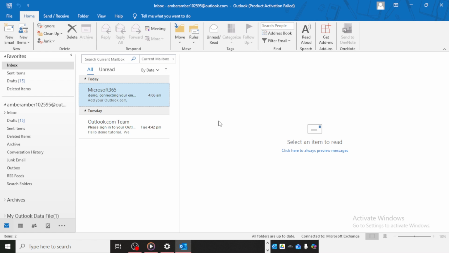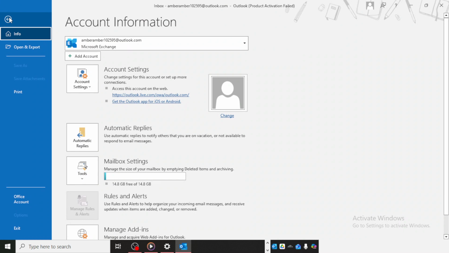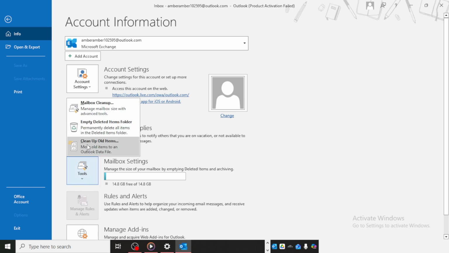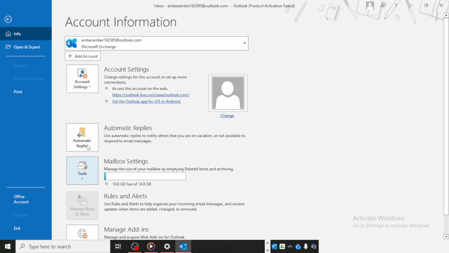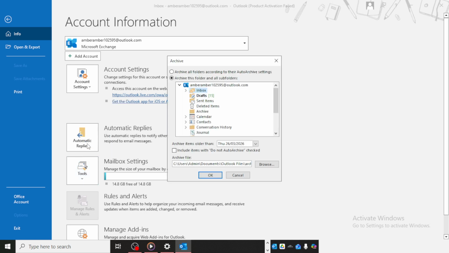To begin, open Outlook and make sure the program is fully loaded. Once you're in, go to the top left corner and click File. This opens the Account and Mailbox Management area, where you'll find several tools related to storage and cleanup. From there, click Tools. In that menu, choose Cleanup Mailbox. This section helps you manage the size of your mailbox and gives you options for moving older content out of your active folders. It's especially useful if you want to improve performance or stay under your mailbox size limit.